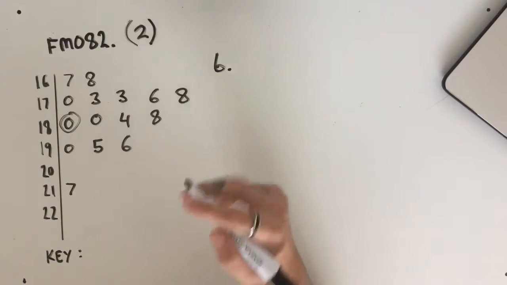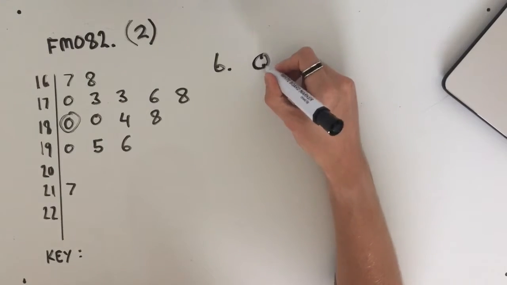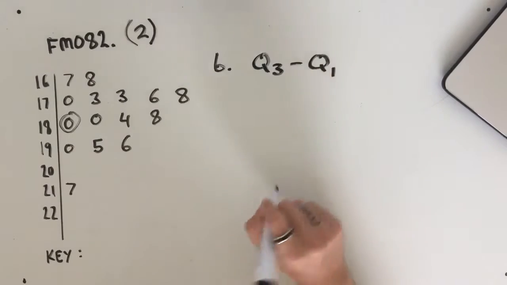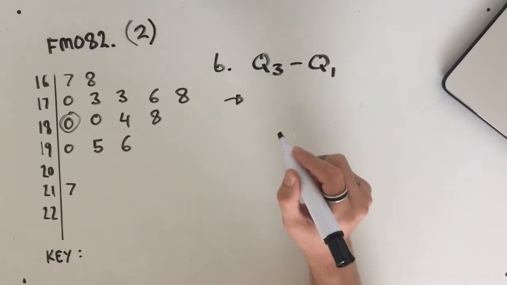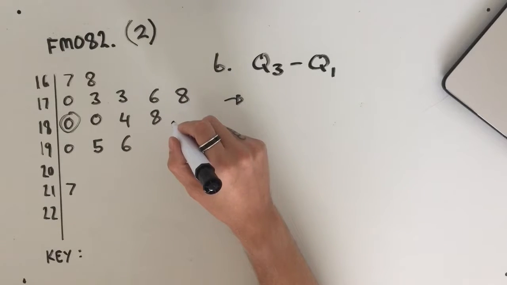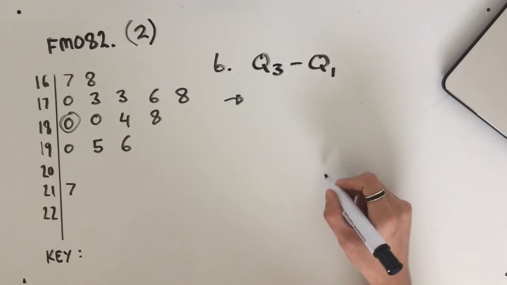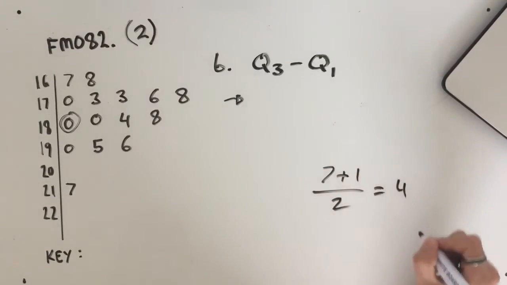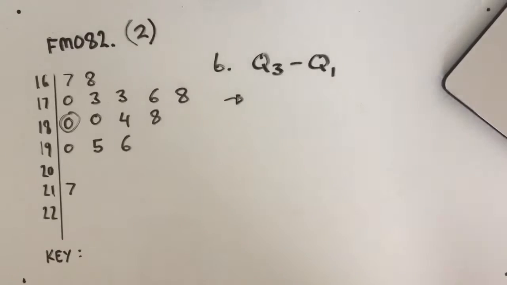Now to find Q1 and Q3, because to find the interquartile range, what we need to do is minus Q1 from Q3. So we need these two values. To find Q1, we find the median of the lower half of our values. Here we have 7 values, so using our rule once again, 7 plus 1 divided by 2 gives us the 4th value. No need to find an average, we just find our 4th value.